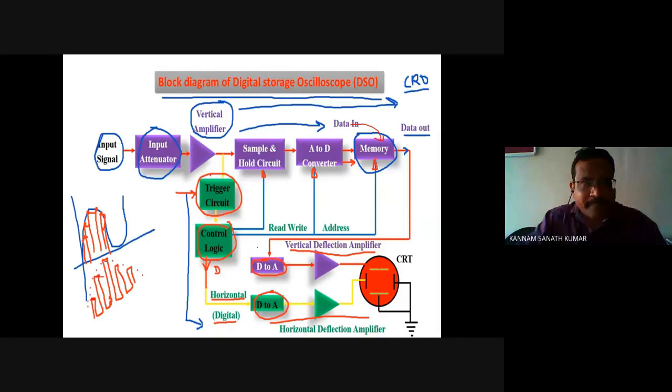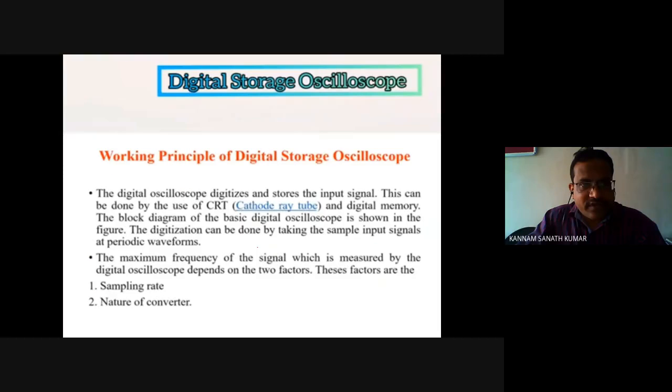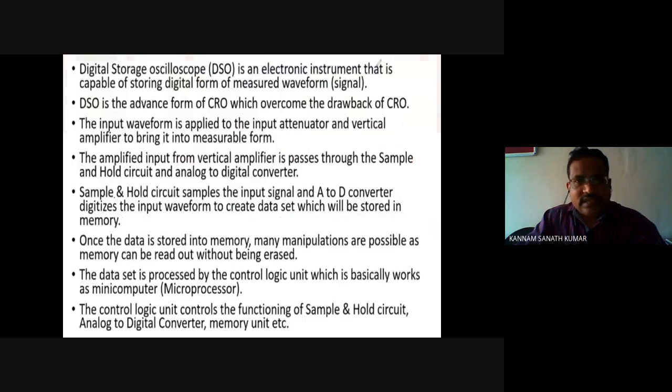So see, the sample and hold circuit samples the input signal, and what will the A to D converter do? It digitizes the input waveform and creates a data set which will be stored in the memory. So whatever digital data is there will be converted and stored in the memory. Okay, so once the data is stored in the memory,